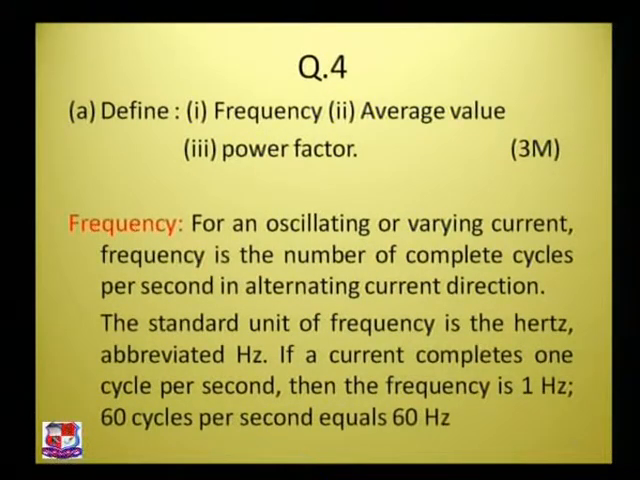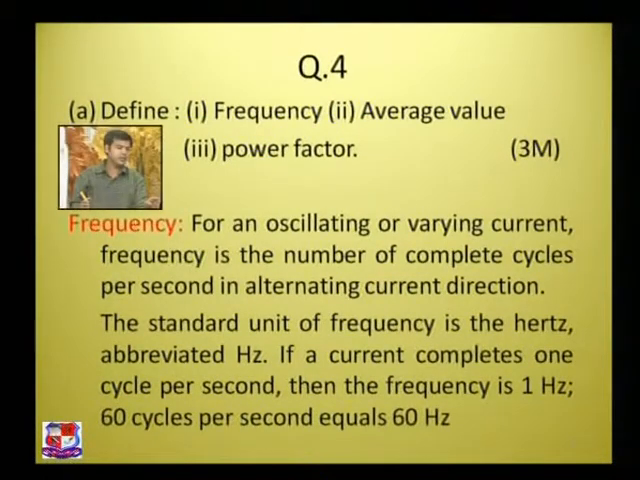Okay, now what do you mean by frequency? For an oscillating or varying current, frequency is basically the number of complete cycles per second in the alternating current direction. The standard unit of frequency is hertz, abbreviated as Hz, right? If a current completes 1 cycle per second, then the frequency is 1 hertz. So 60 cycles per second equals 60 hertz. So right, if you see in our Indian AC